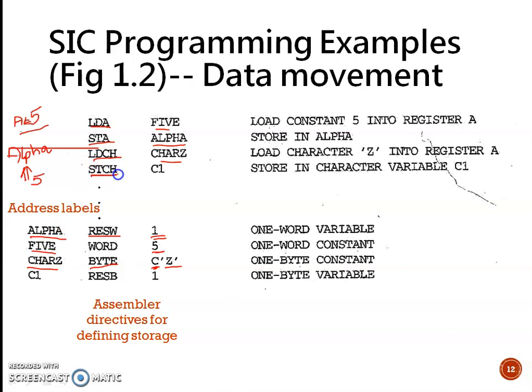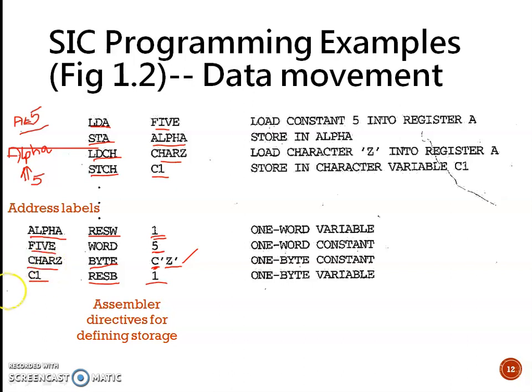Similarly in STCH C1, some character value is there in the accumulator which needs to be stored to C1. C1 is reserved for storing a 1 byte variable. Currently A is having the letter Z, so that value can be stored into the C1 memory location.